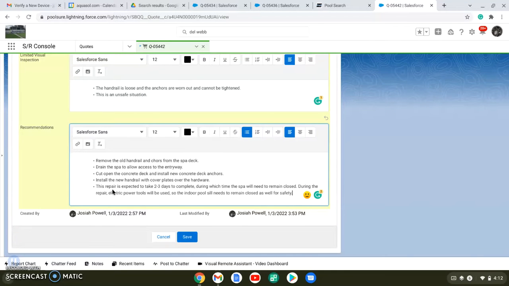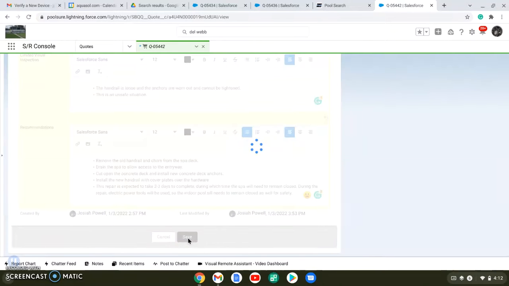And we want to give ample notice that they will have to close down the pool because we're going to be using electrical equipment, saws and hammers in the vicinity of an open body of water. It is also an indoor facility, so concrete dust and other items will need to be cleaned up before the pool can be reopened. So once you are satisfied with the recommendations,